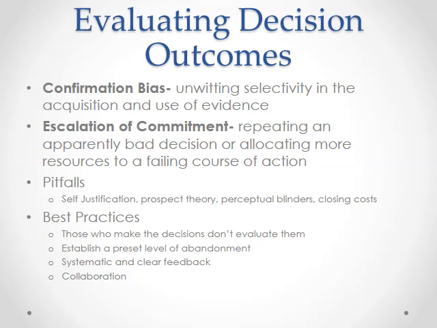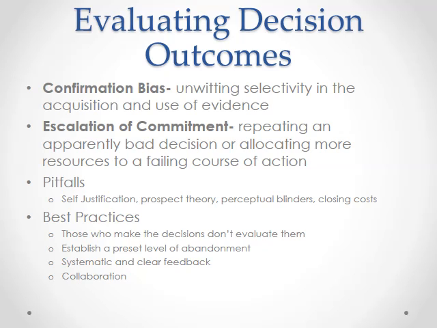OB scholars have identified four main reasons this happens. First, we have self-justification. This especially happens when someone's name is tied to a project and they don't want to ruin their reputation. Individuals maintain their course of action. Next, there is the prospect theory effect, meaning we are willing to take more risks to avoid losses than to increase gains.